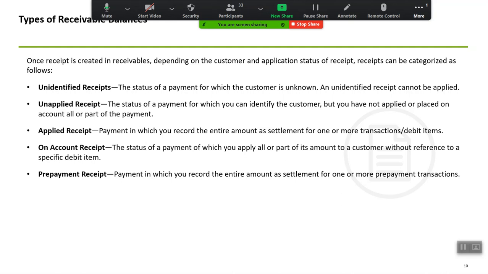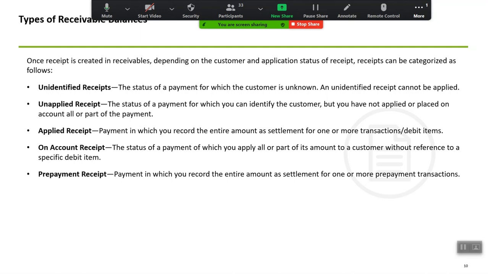The status of payment of which you apply all or part of its amount to a customer without a reference to a specific debit item. So I'm not wanting to show it as an unapplied amount, I'm not wanting to apply it also, but I would want to hold that amount for a specific reason, for a specific purpose, and hence I'm shifting it to a particular account called an on account account.